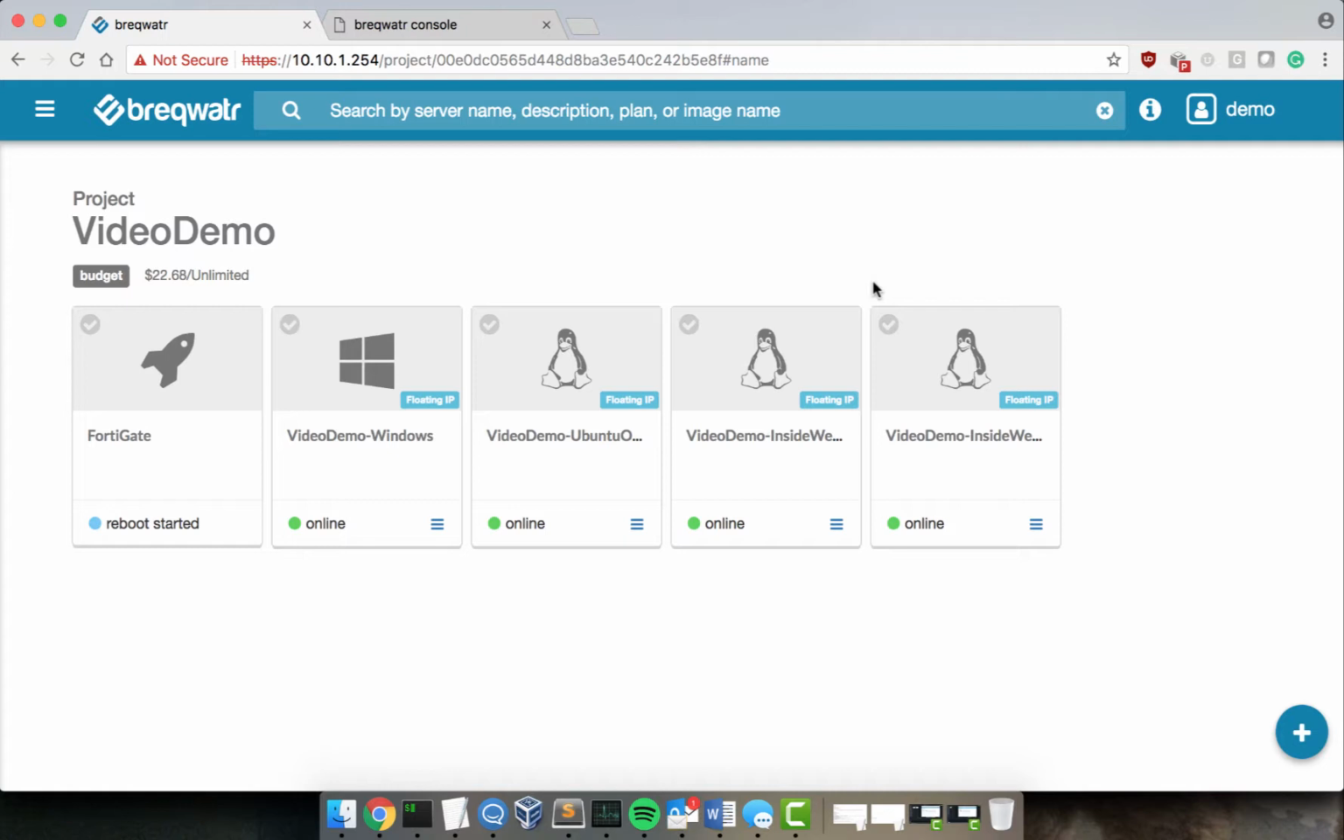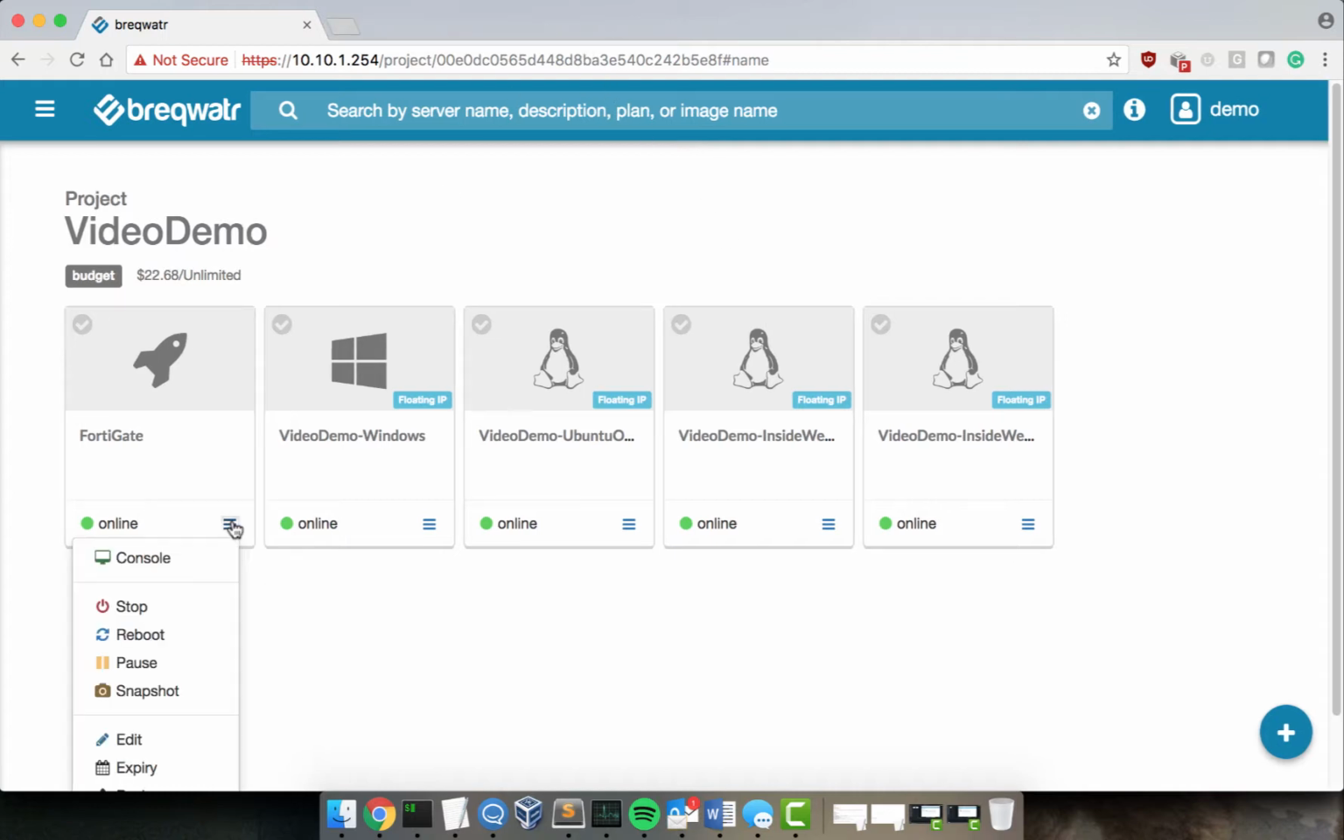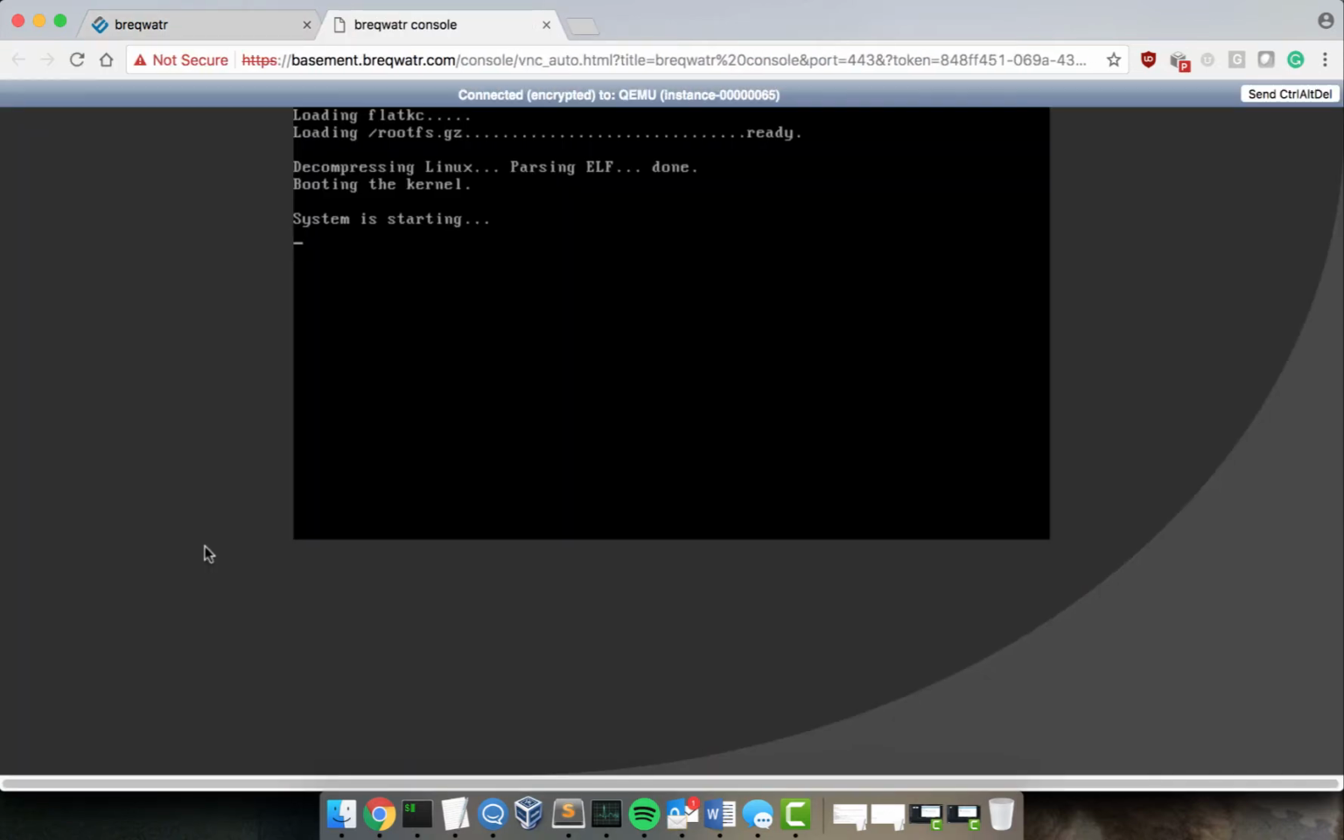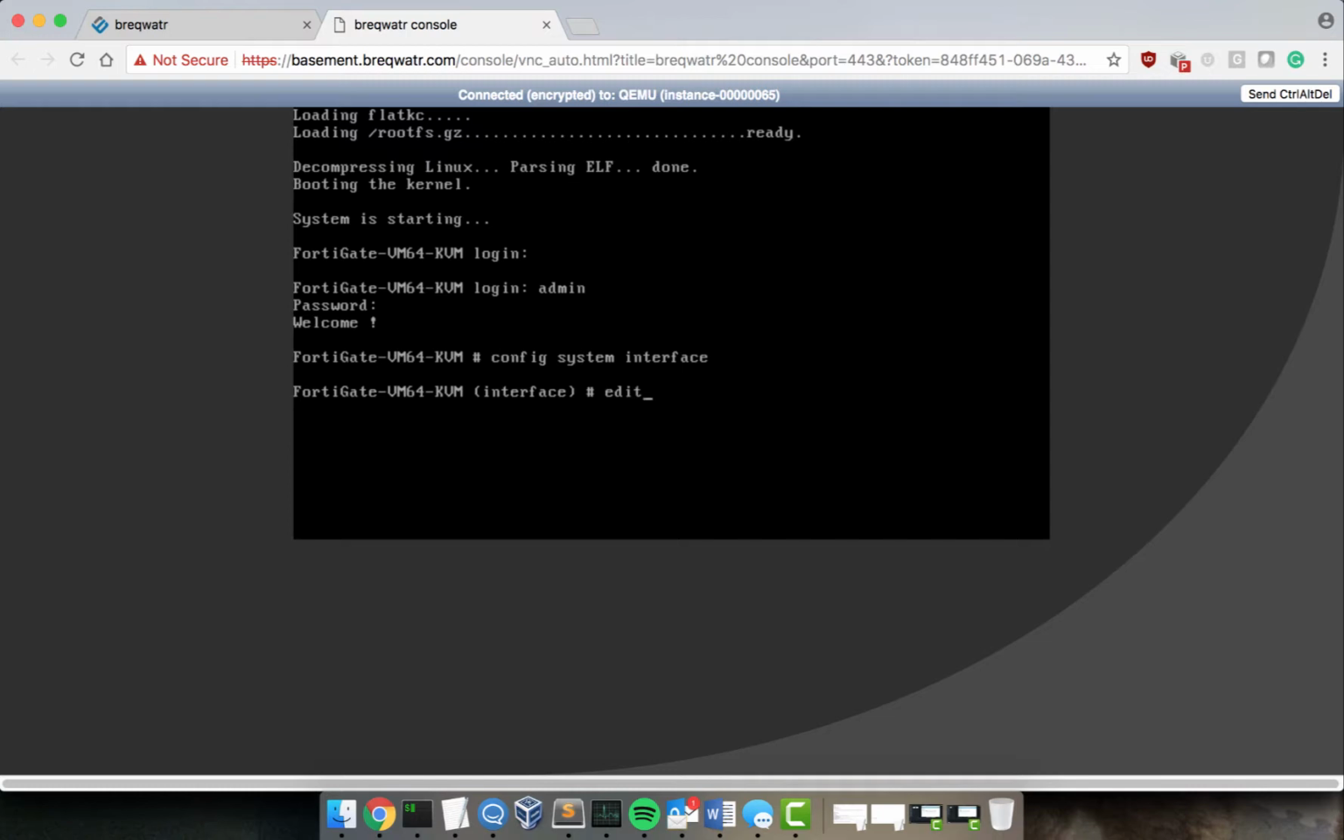There it goes. And now I'm going to console back in. It is super fast. So I'm in. The username was admin. No password. Great. And this time it's not complaining about having too many cores, which is the desired condition. So let's do a config system interface and edit port 1. Then we'll set IP